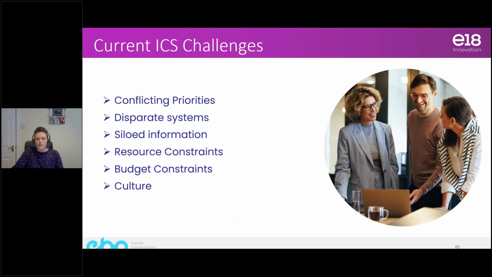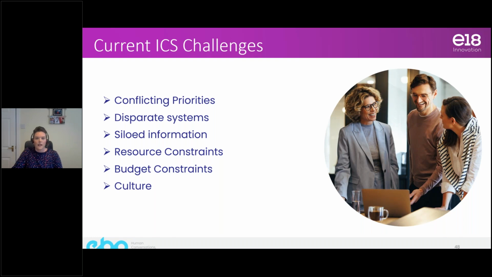So there are a number of challenges that currently face our ICSs. The first one being conflicting priorities. There are a number of short-term competing priorities for the NHS. So things like obviously recovery, funding, bringing down waiting times, as well as ICSs trying to help the NHS achieve the long-term goals of providing people with the care they need in a local system in which they only have to tell their story once. And the Intelligent Patient Portal can be used to support the ICSs in achieving these goals.